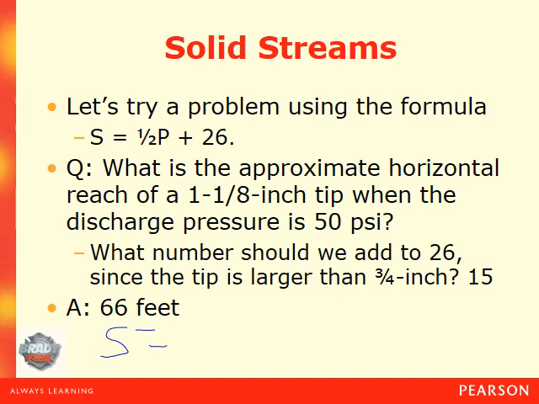We know the pressure is going to be 50, so that can easily be written as 50 over 2, because it's 1/2 times 50 over 1, multiply across, and that gets 50 over 2. And then, of course, 50 over 2 is going to get reduced to 25. So S equals 25